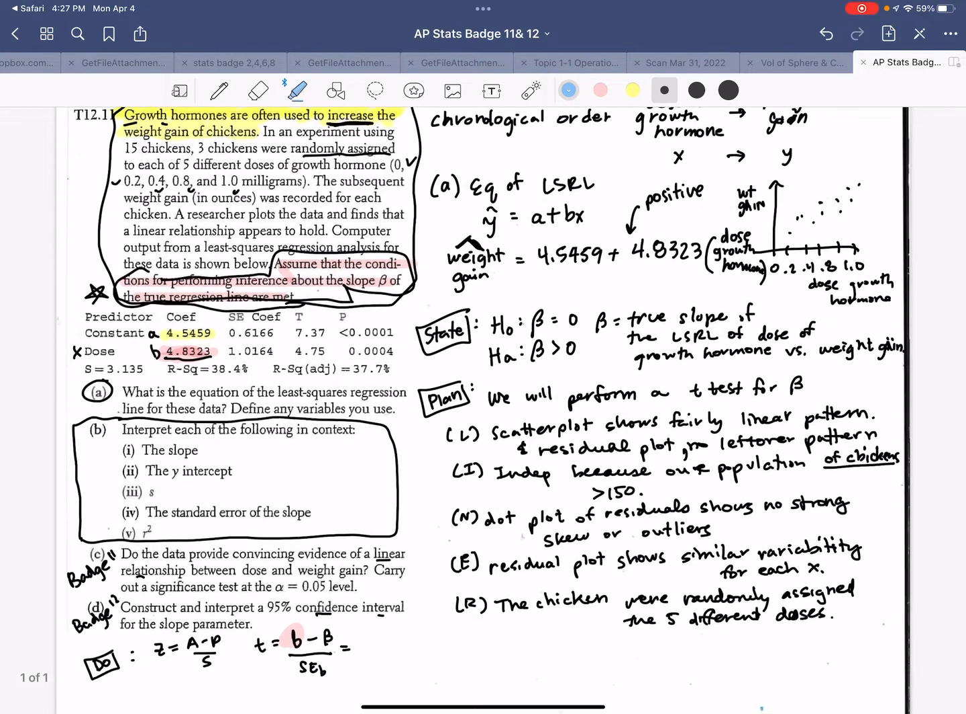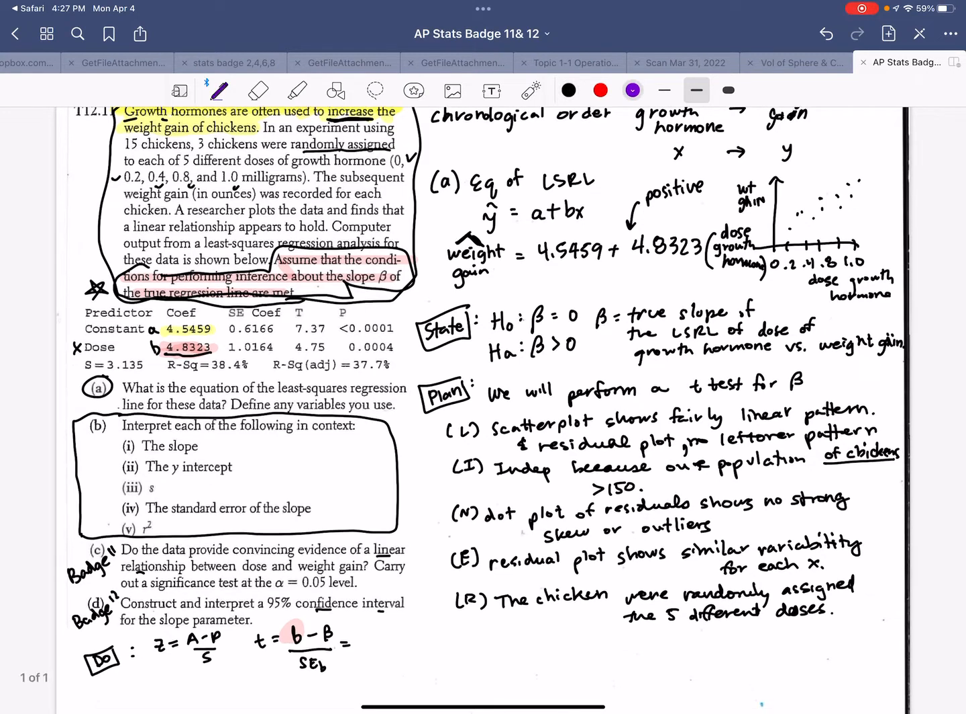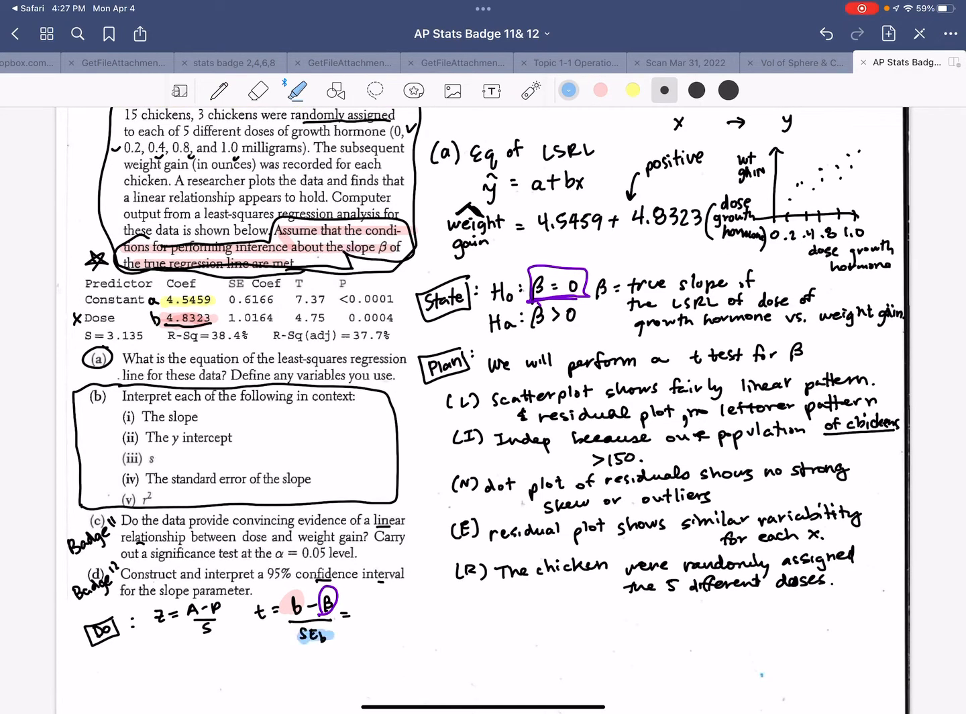That is 0, right? We said we have to assume it's 0. Okay. And then the last one, what is this thing? That's this, see this SE of b. So it's next to that. All right, we're ready. We have b,